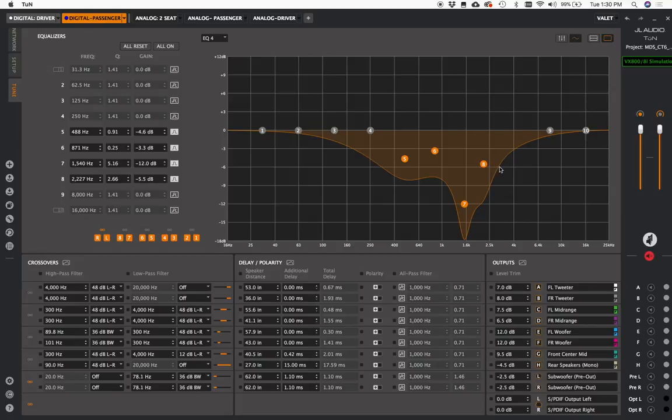Well, the mid-ranges in this car are mounted in the dash locations, which are up in the corner of the dash and corner loaded with the windshield, which creates some really interesting acoustical effects, like a massive peak in response around 1.5 kilohertz. Actually, yep, 1.5 kilohertz, as you can see right here. With the parametric EQ, I'm able to zero in on that and really create a steep, narrow cut in that